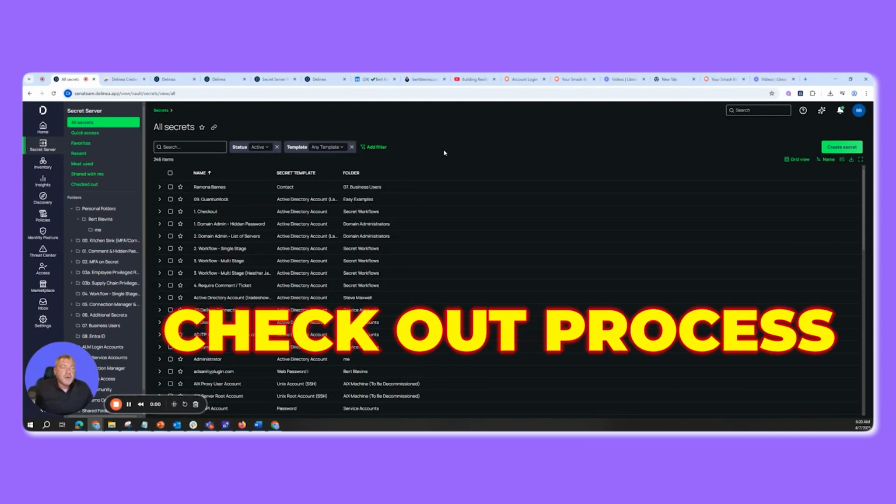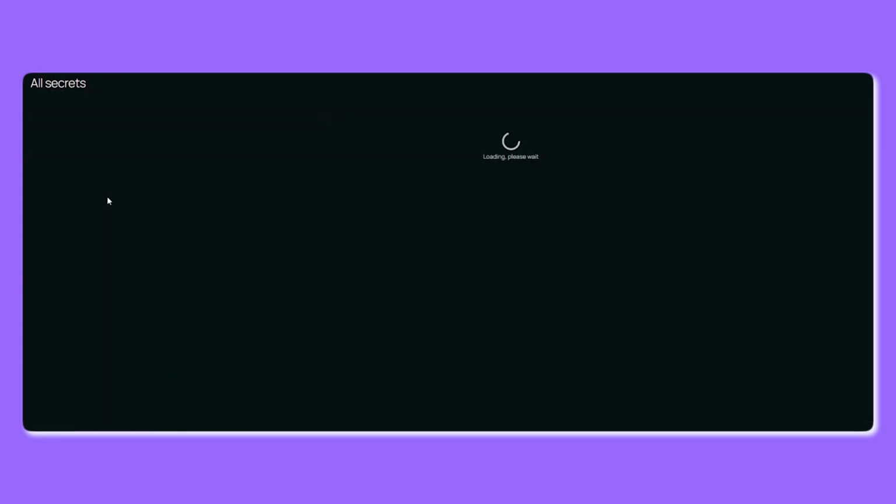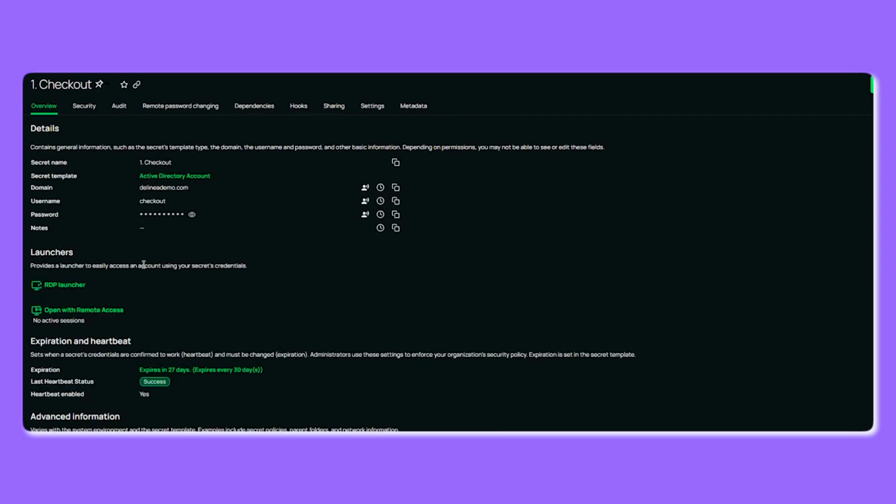The check-in, check-out process is next, and we're going to come in here to a checkout secret. It's our demo secret, and look at this. We have a checkout option here presented to us. So we're going to take a look at what is behind the door. We're going to come in there and check it out, and we can see all the details with our